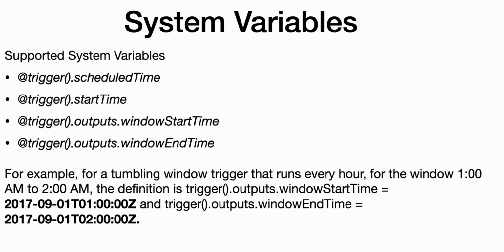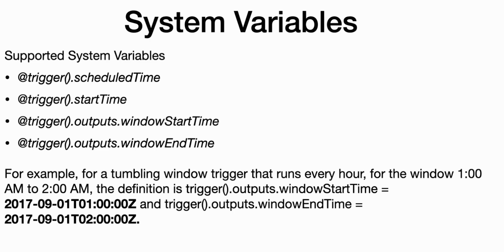Now the supported system variables are the schedule time and start time, which is similar to the schedule triggers, but there are two additional ones, which are window start time and window end time, which are kind of the most important ones, I would say. And this is something which is used a lot when you're working on such projects or such use cases where